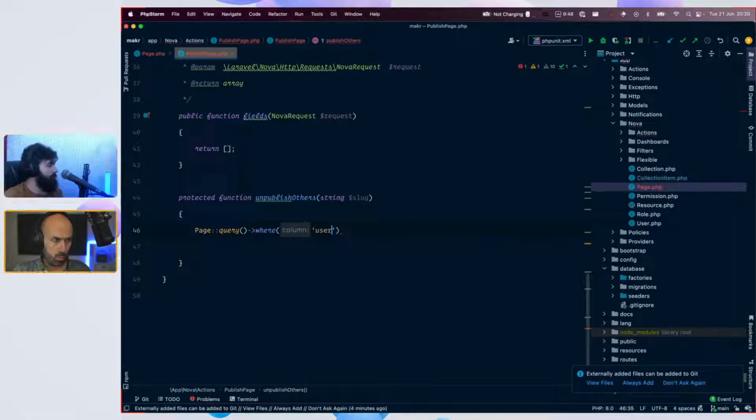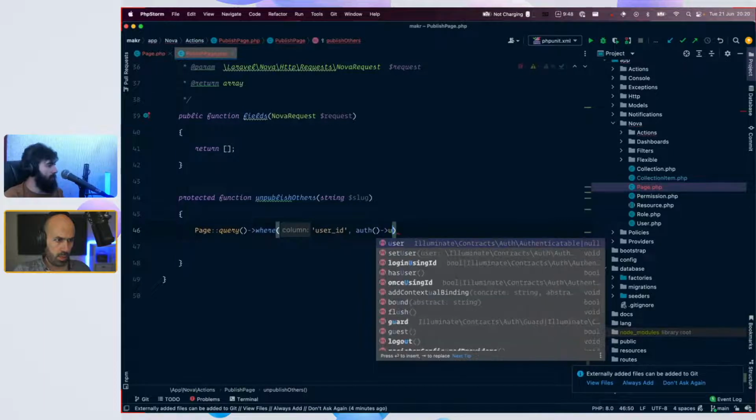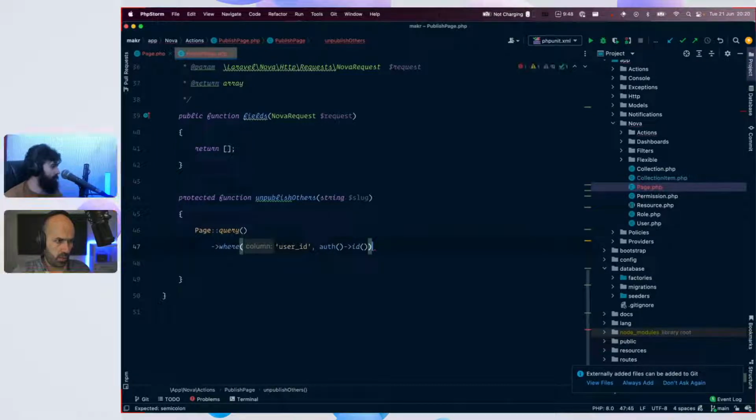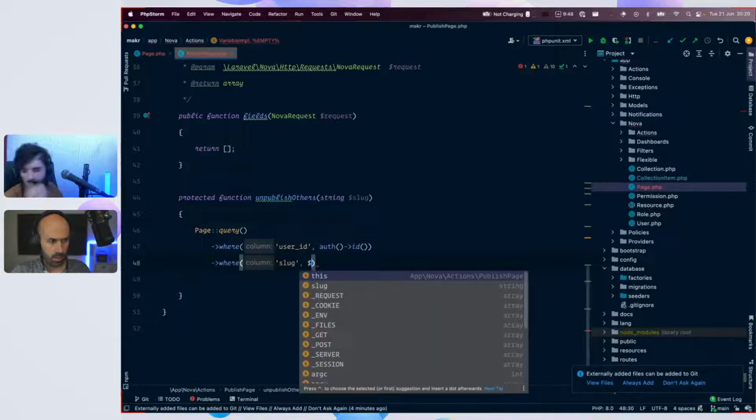Where user ID. Yes, you have to add that ID, right? Yes. And then another where, also the slug. It's the given slug.